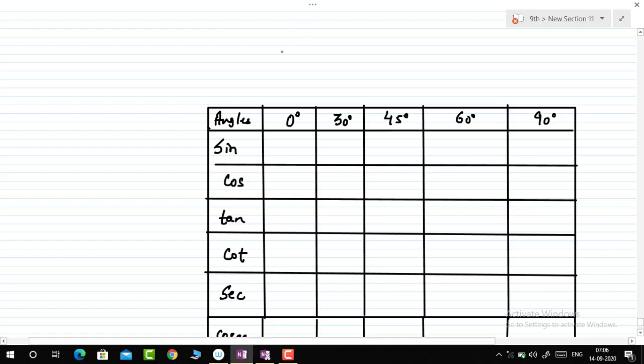I'll cover the chapter Mathematics, chapter 23, that is the trigonometrical ratios of standard angles. So, in this chapter, we can write the topic T ratios of standard angles. Okay, now what do you mean by standard angles? We will be learning about certain angles like 0 degree, 30 degree, 45, 60 degree and 90 degree. So these angles are considered to be standard angles.